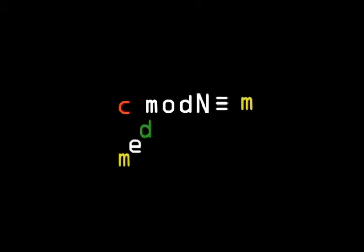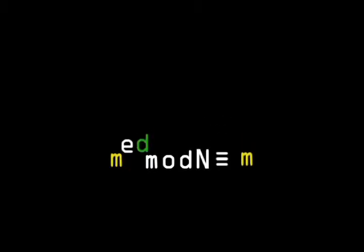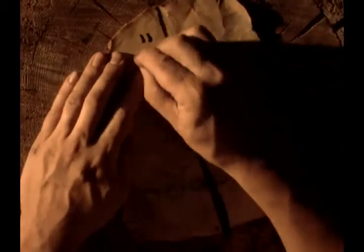So both operations together is the same as M to the power of E, all raised to the power of D, which is the same as M to the power of E times D. E is the encryption, D is the decryption. Therefore, we need a way for Alice to construct E and D, which makes it difficult for anyone else to find D. This requires a second one-way function which is used for generating D, and for this, he looked back